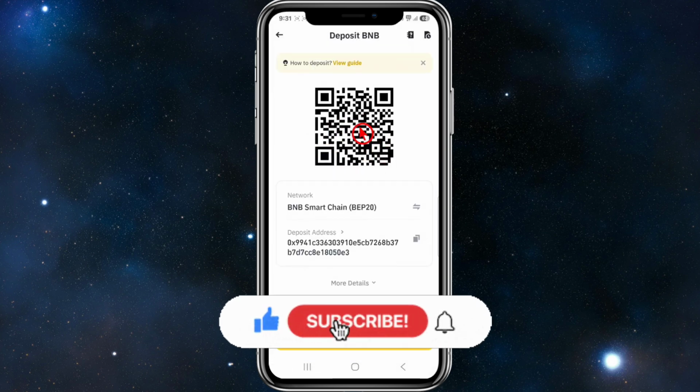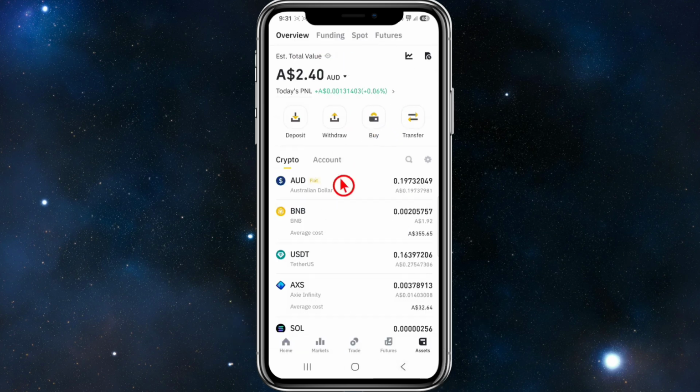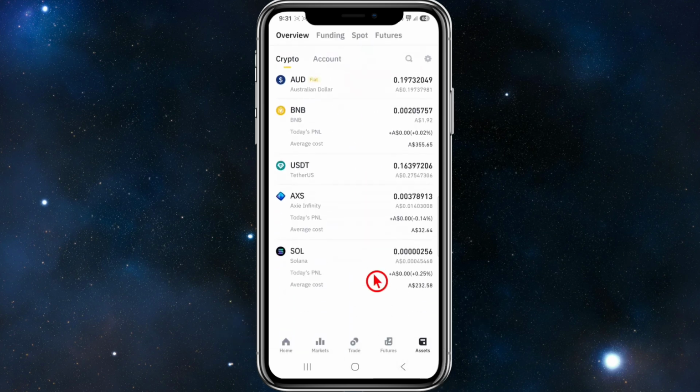So you can do this for any crypto. If you don't have it in your, if we go back to assets, if you don't find it here, you can simply scroll down